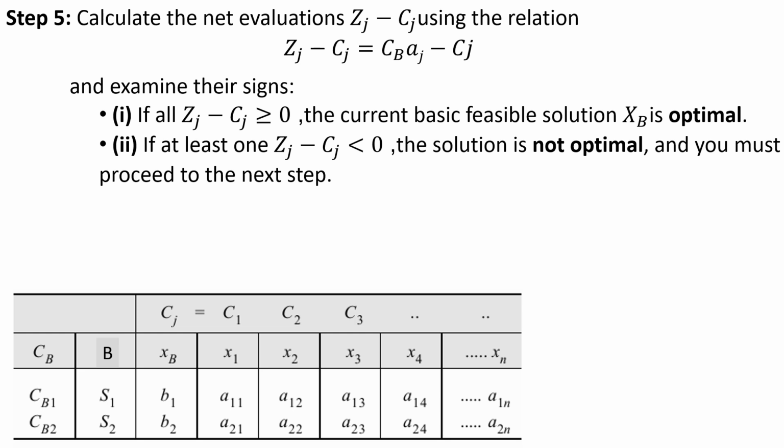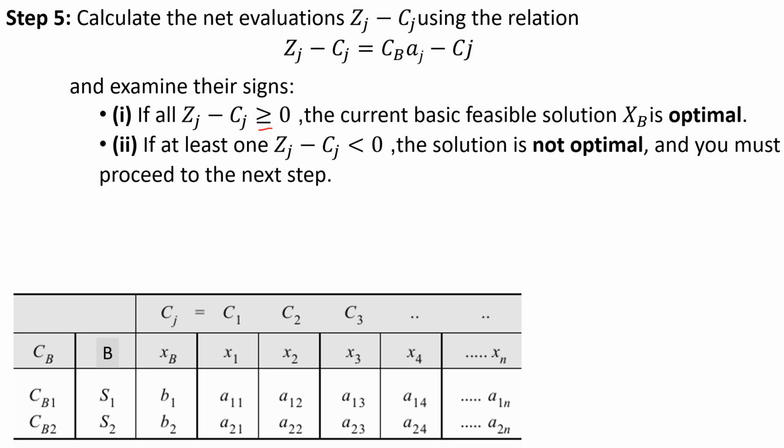Calculate the net evaluations of Zj minus Cj using the following relation: Zj minus Cj equals CB into Aj minus Cj. After determining the Zj minus Cj, we have to observe the signs of the Zj minus Cj. If all the Zj minus Cj values are greater than or equal to 0, then we have to